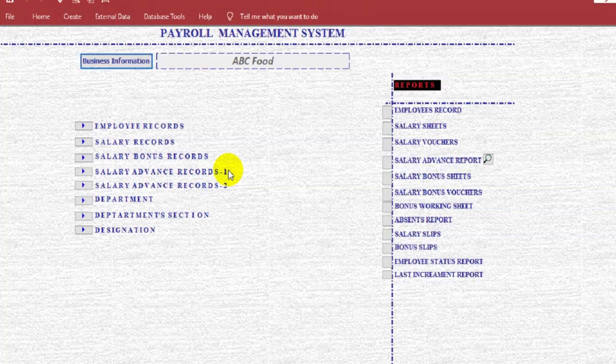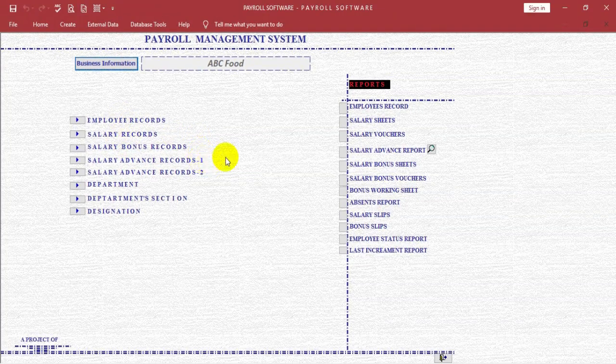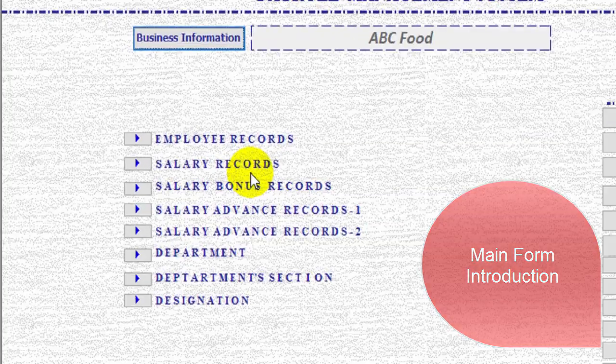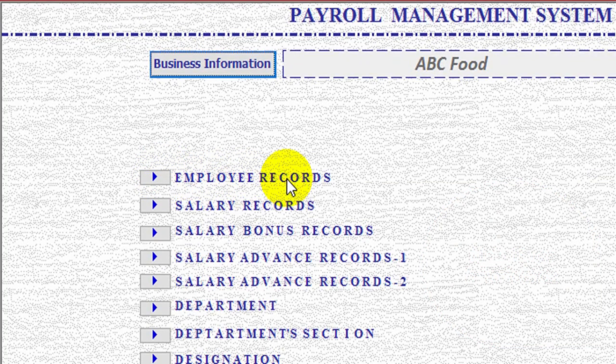Okay, next we are going to add new employees from here. Employee record data, salary, bonus. In employee record data, you will enter each and everything relating to employees, and here you will enter salary records.